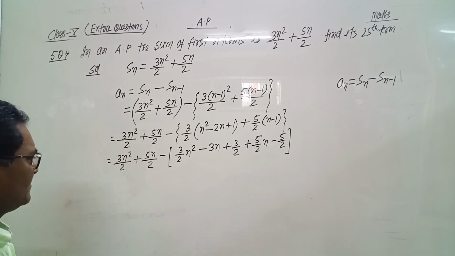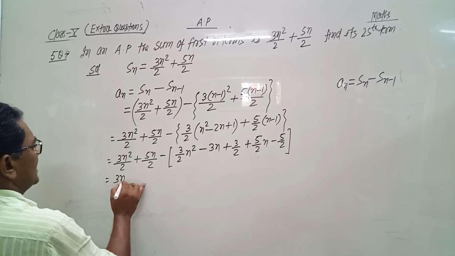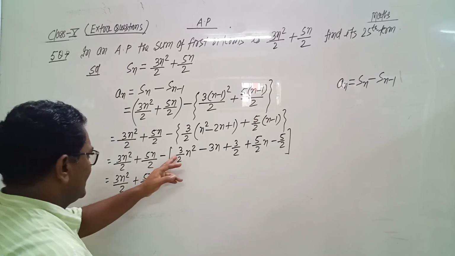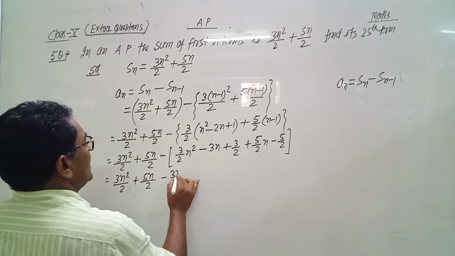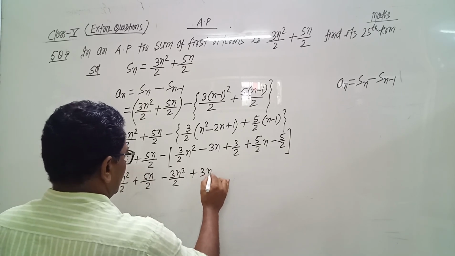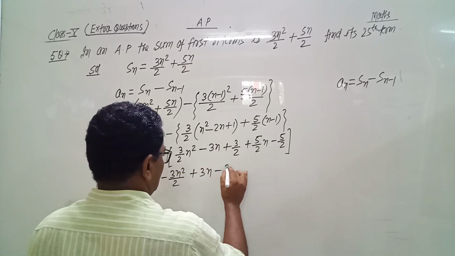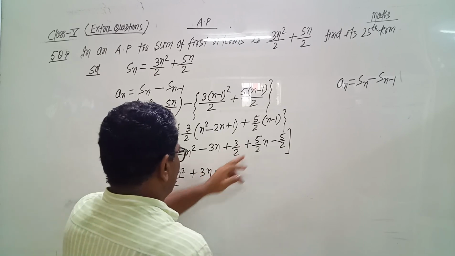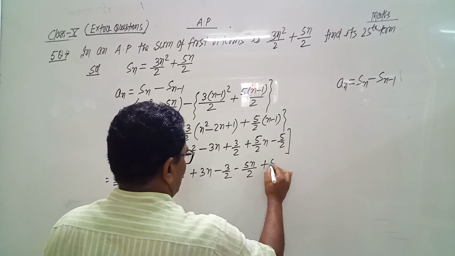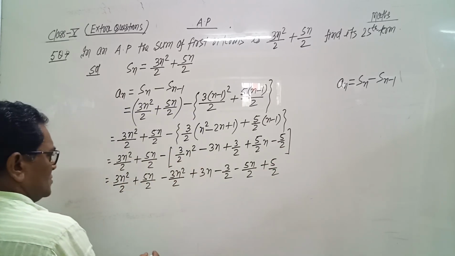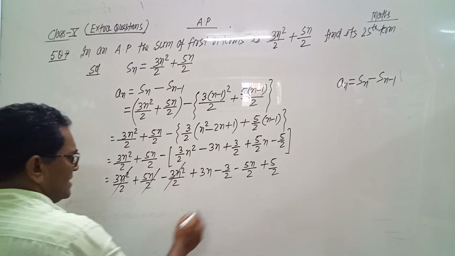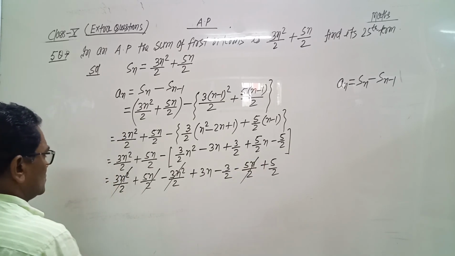Now remove this bracket. So 3n square by 2 plus 5n by 2 minus plus minus 3n square by 2 minus minus plus 3n minus plus minus 3 by 2 minus plus minus 5n by 2 and minus minus plus 5 by 2. So 3n square by 2 in plus minus gets cancelled, 5n by 2 gets cancelled. So it remains